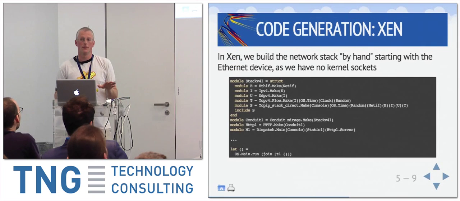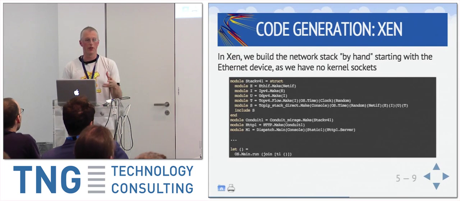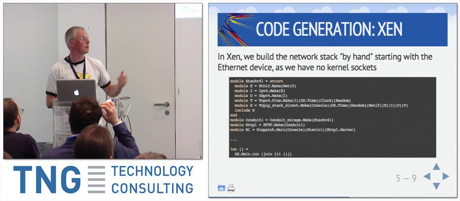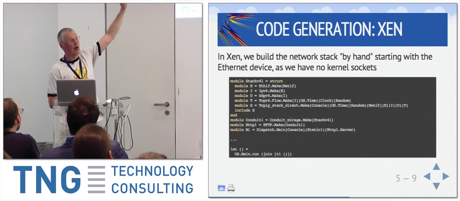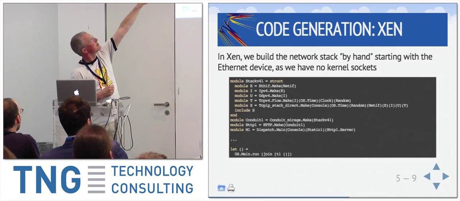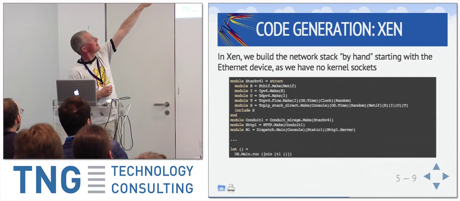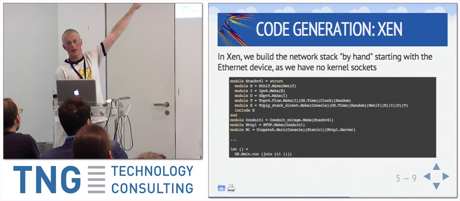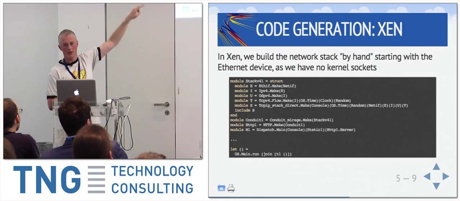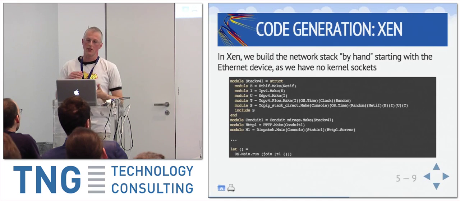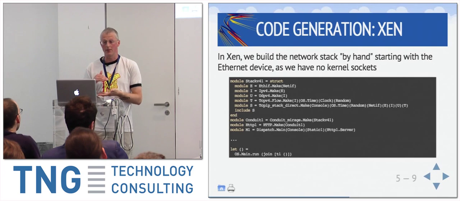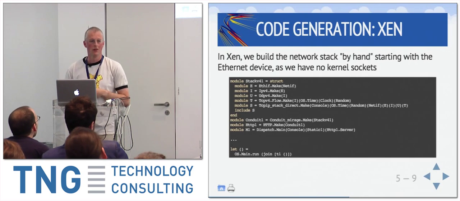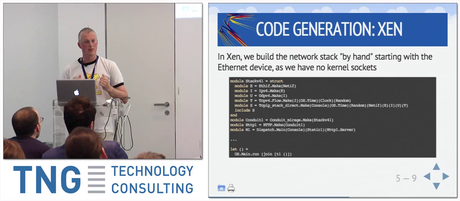On Xen, you don't have a networking library. You don't have networking in the kernel. So you have to build this up yourself, and the compiler does that for you because it knows about these signatures, by starting out with a network interface and making it into an Ethernet interface, taking an Ethernet thing and making it into an IPv4 thing, taking an IPv4 thing and making it into a UDP thing, and so on. That essentially gets exposed in that auto-generated code as a stack v4 thing. And then everything else is the same. So this is what actually ends up happening under the hood.